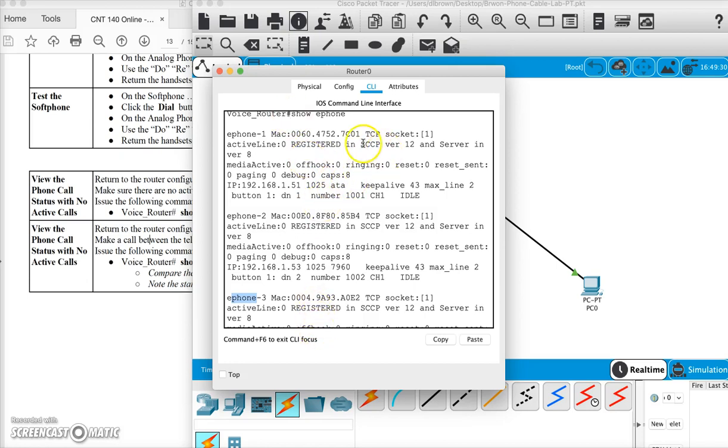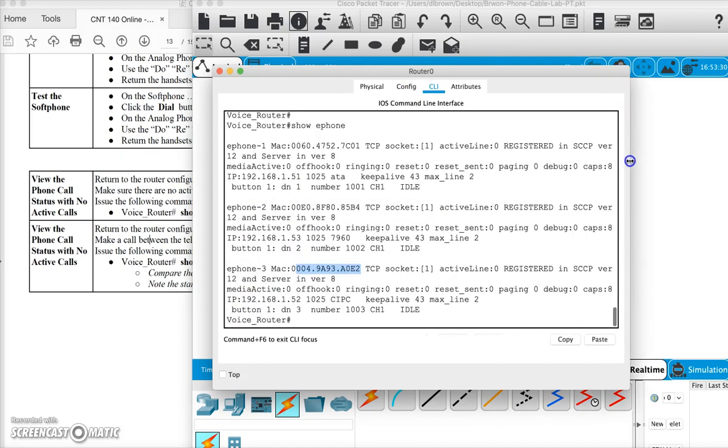I see that here's the MAC address of each one individually. And things like, let me just make this a little wider here for you. Off hook is set as 0, meaning these are on hook. They're not ringing or anything like that. So it's showing all three registered, but they're just sitting idle. They even say the word idle for you. Okay, we're going to try to dial a phone number, get a phone call working, and come back to this